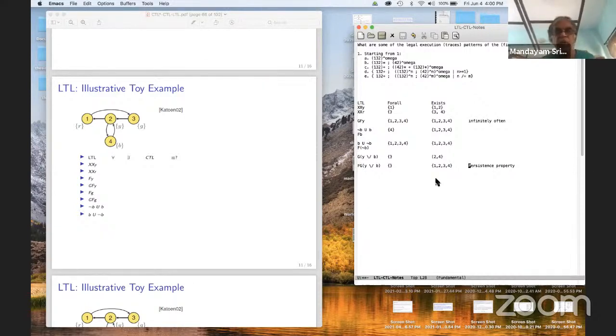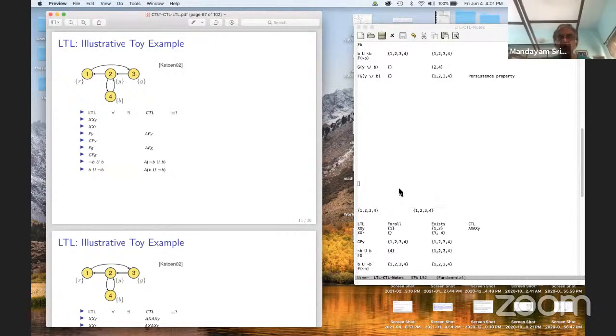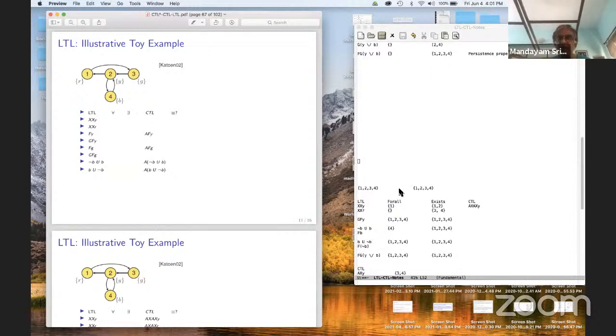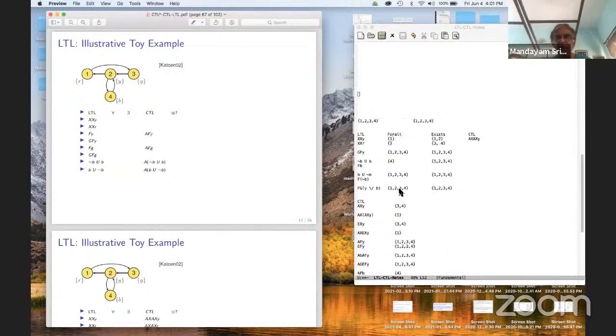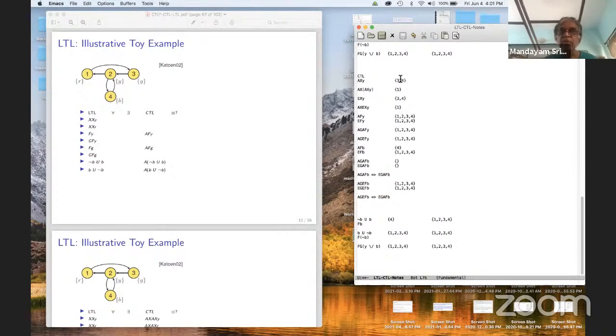Okay, good. So now what I want is to get to the next. Now I want to take you through some CTL things. To make it interesting, I have the solution here, but close your eyes momentarily so that